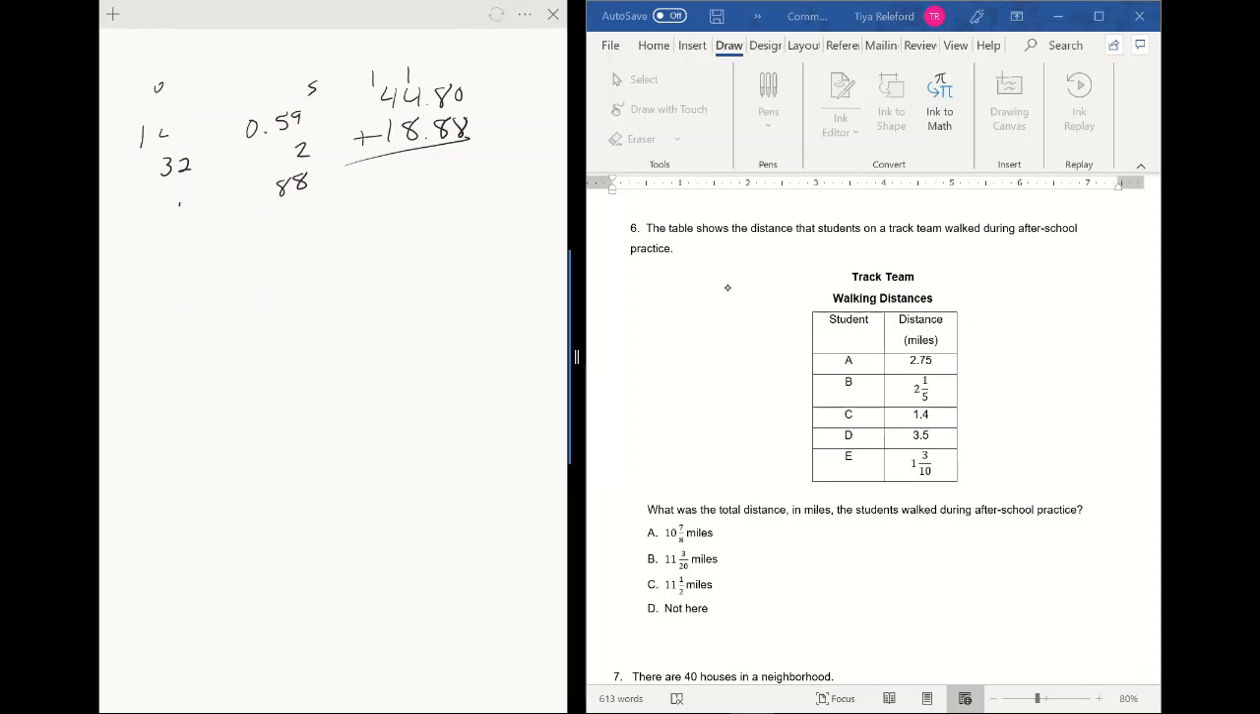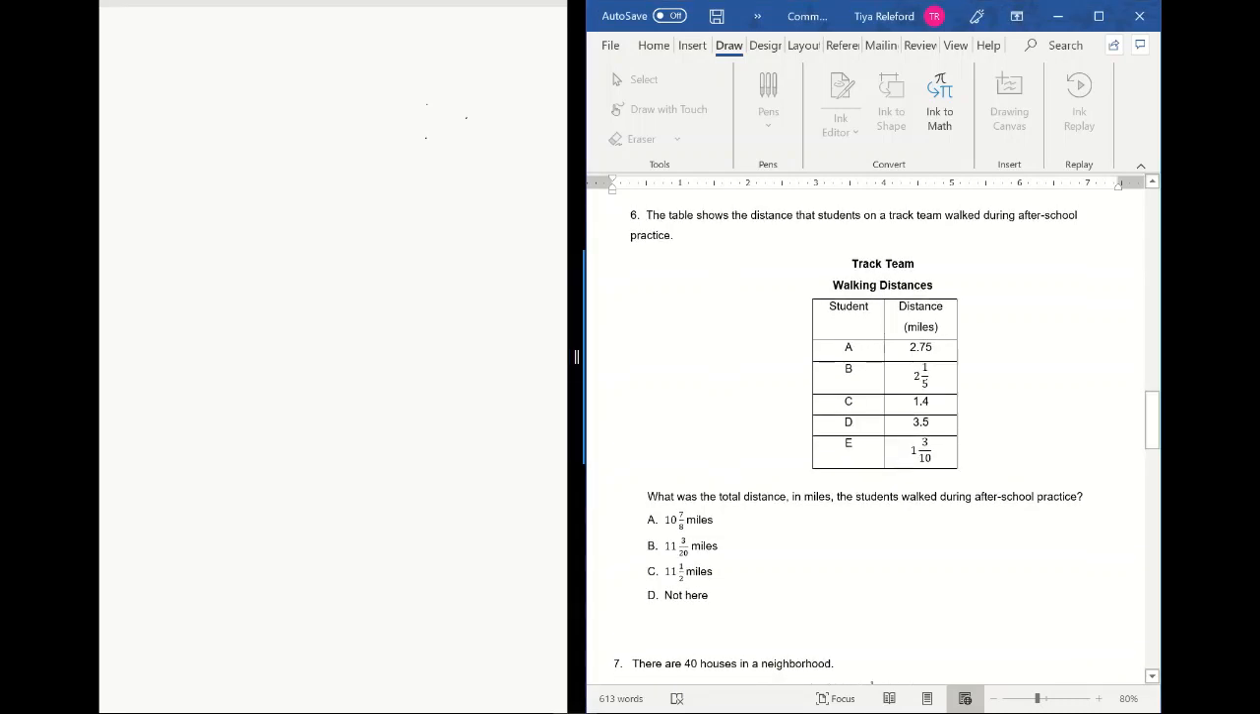Okay, table shows the distance students walked on a track team during after-school practice. What was the total distance in miles? So here you've got fractions and decimals. And when you look, there's really nothing that you can't turn into a decimal. So total tells us to add. You have